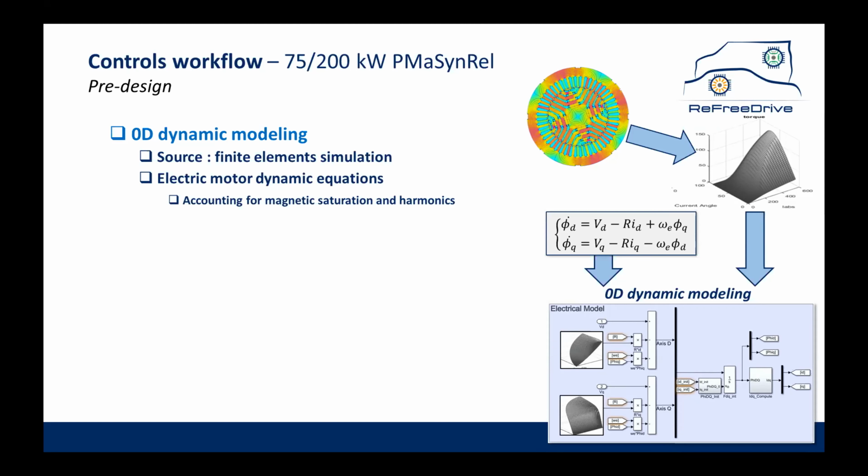It all starts with the finite element simulation. We compute the results, and we can store those results into maps, which can be 2D or 3D, depending. We can take into account the mechanical position of the motor, for example. Then using the dynamic electrical equations and, for example, Hamiltonian or Lagrangian modeling approaches, we reach a 0D dynamic model of the motor that takes into account, for example, magnetic saturation and, if needed,